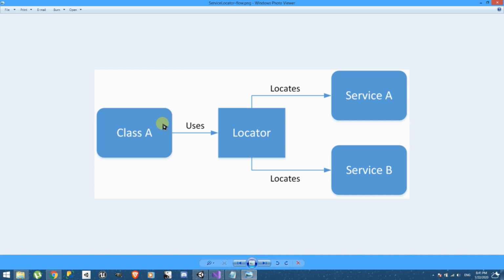Let's say for example you have service A, your game manager, service B is your audio manager, service C is your cinematic manager, etc. The simplest way to implement this is to just make every single service a singleton. However, this can prove a headache very quickly,